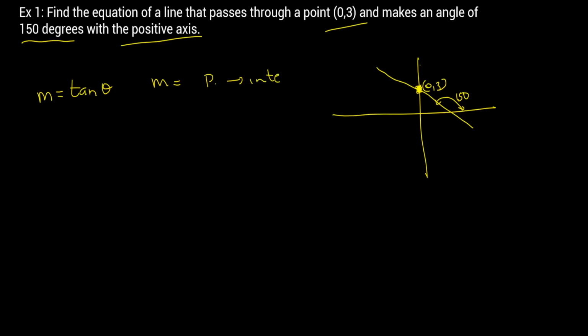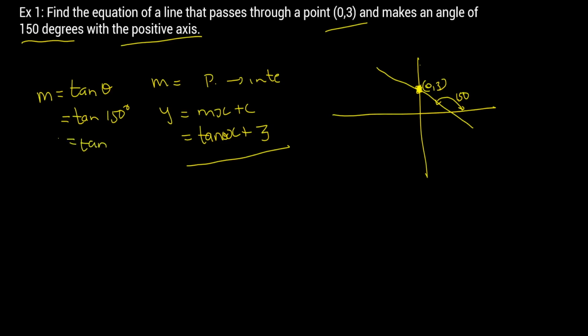Therefore, I can use the slope-intercept equation, which is y equals mx plus c. I have my m as tan theta, x plus my y-intercept, which is 3. Now that we know this, let's go and find tan theta. So it's tan 150 degrees. You can punch this in your calculator, or you can use that tan theta is equal to